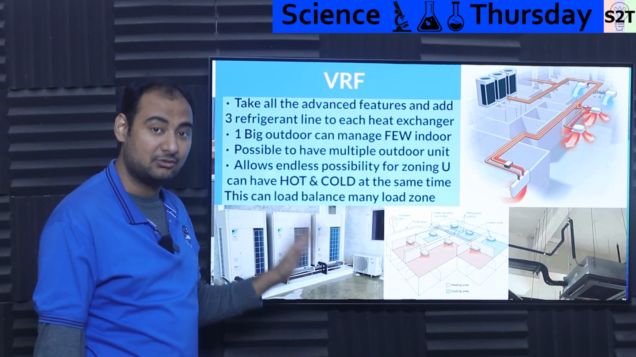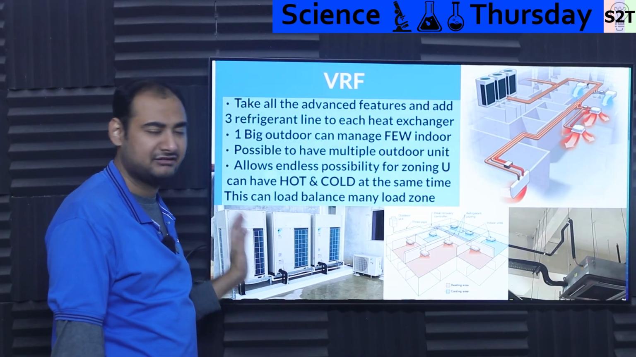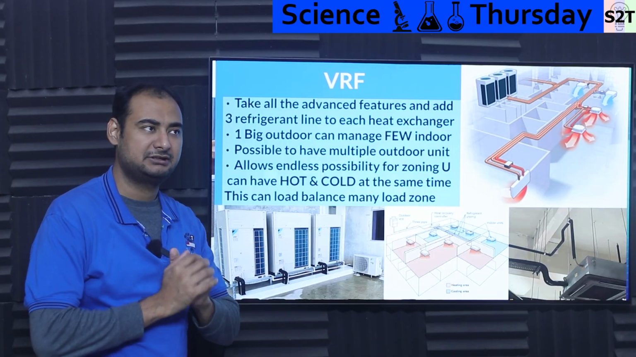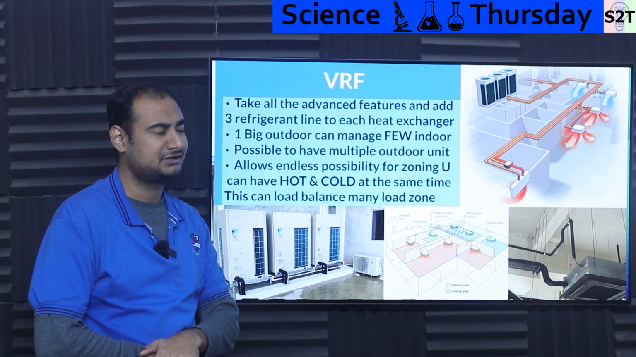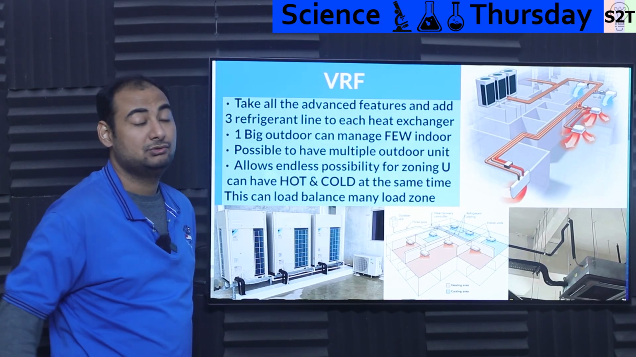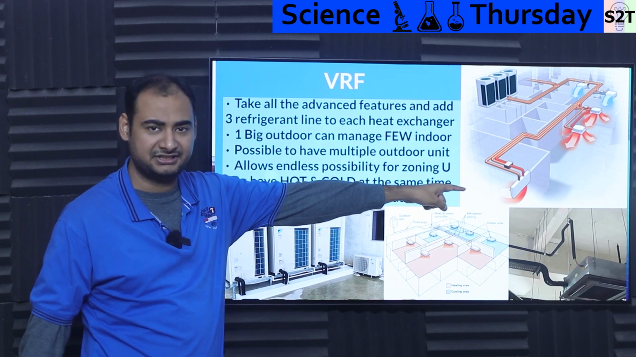So you can have multiple outdoor units. Now you have multiple indoor units, 20-30 indoor units, and you can have 5-6 outdoor units. That allows you to scale the system at multiple ratios. You can scale the hell out of it, and it allows you endless possibilities in zoning, meaning now you actually have, hey, I'm heating this one up,